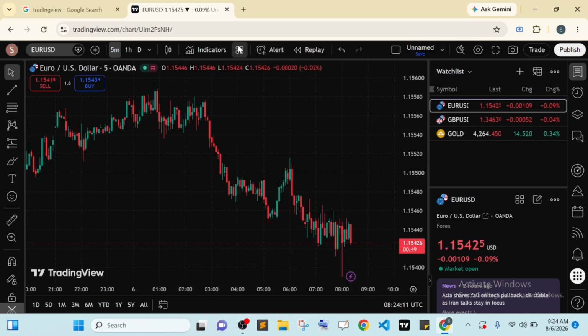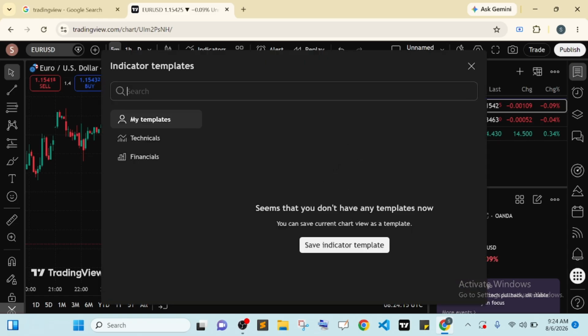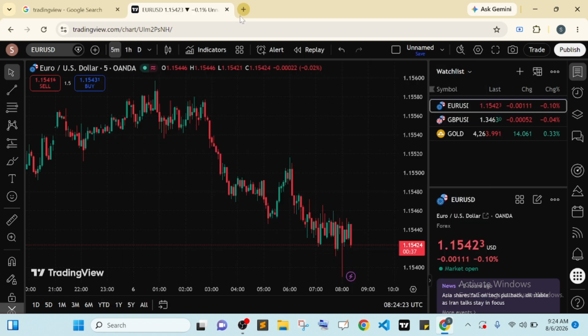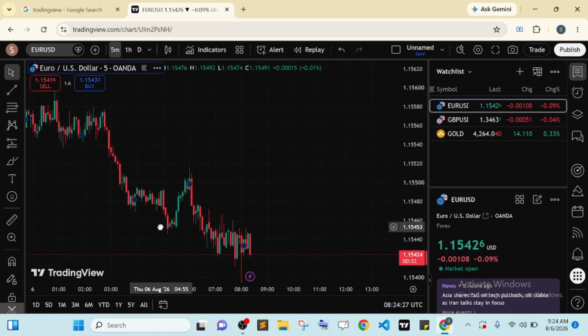Now this one is for templates. Maybe the indicators that you used to use, you can add everything here. You can save it here. So anytime you need it, you just come here and pick it. Alert. I love this. So if you want to make use of alert,